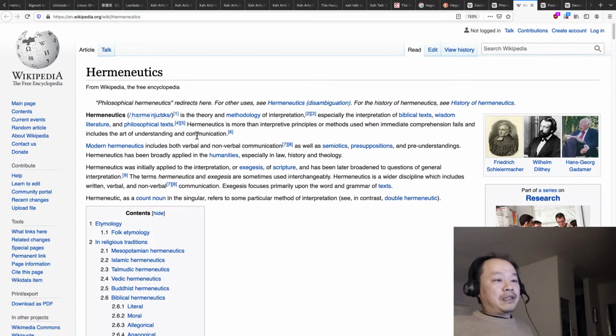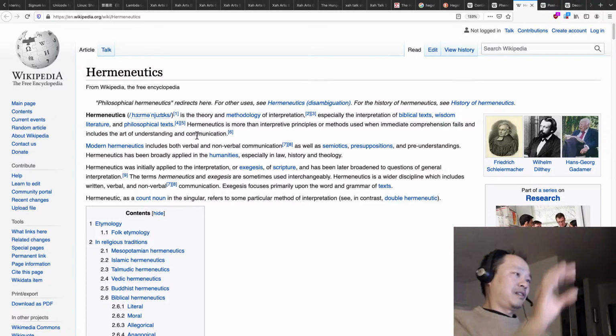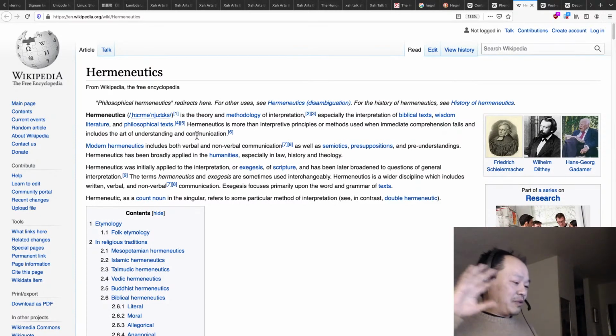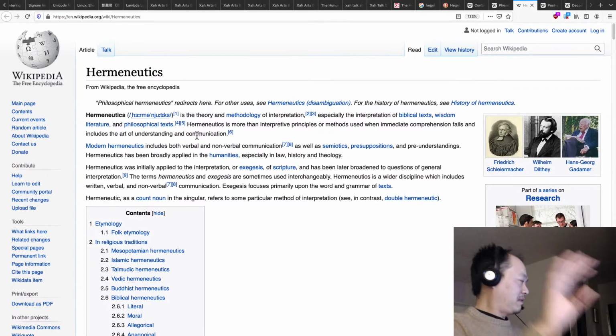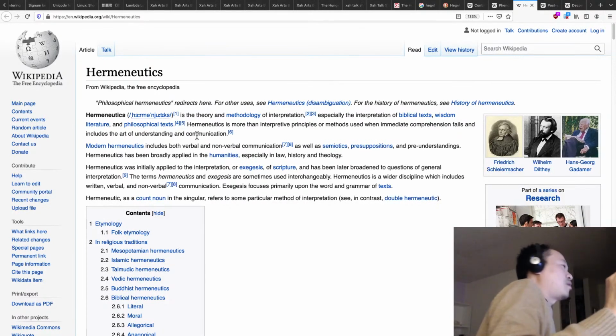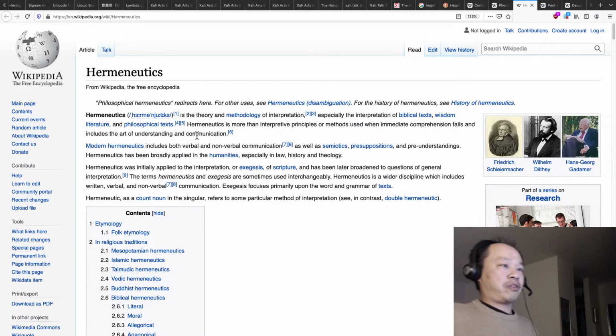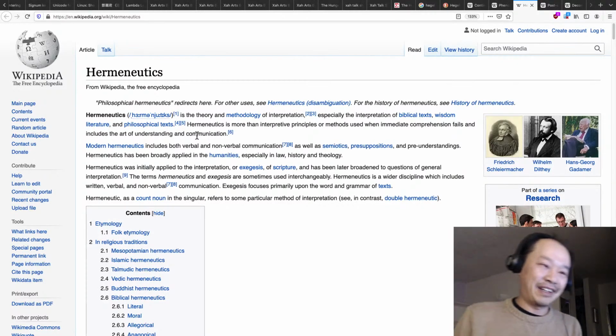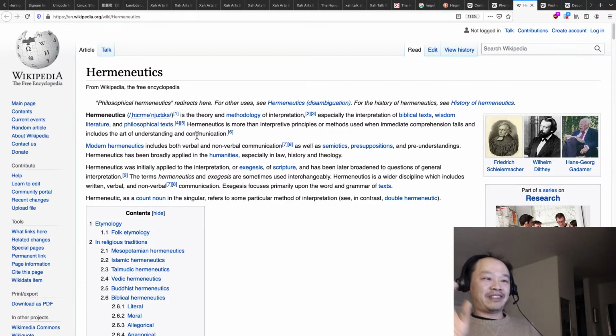Okay, so basically hermeneutics supposedly is a methodology of interpretation. What does that mean? For example, if you read the Bible or something difficult and you don't understand it, there comes hermeneutics. It's supposed to teach you in what way you can understand it. Interpretation. It's more than that. But let me tell you the essence of hermeneutics that you will not hear from another mouth. Probably not. Well, I'm pretty sure someone else has said it before.